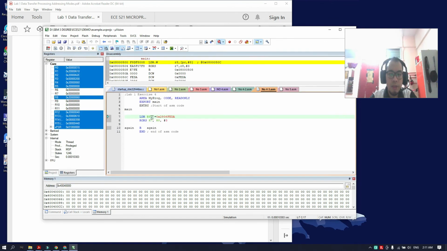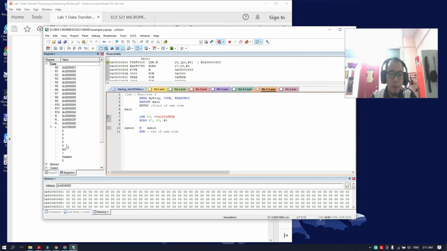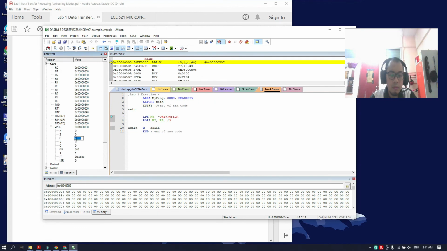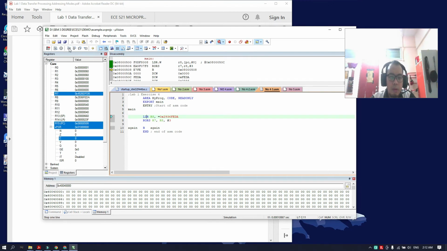Number 3, run cursor to line, and CPSR is set to 1. Alright, then next is the same as the process, which initializes the R8 with the value given, and now we execute the